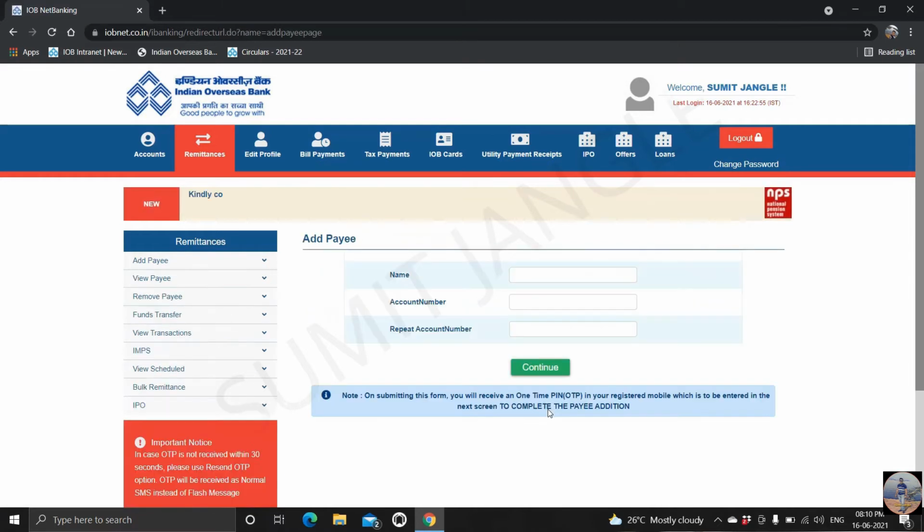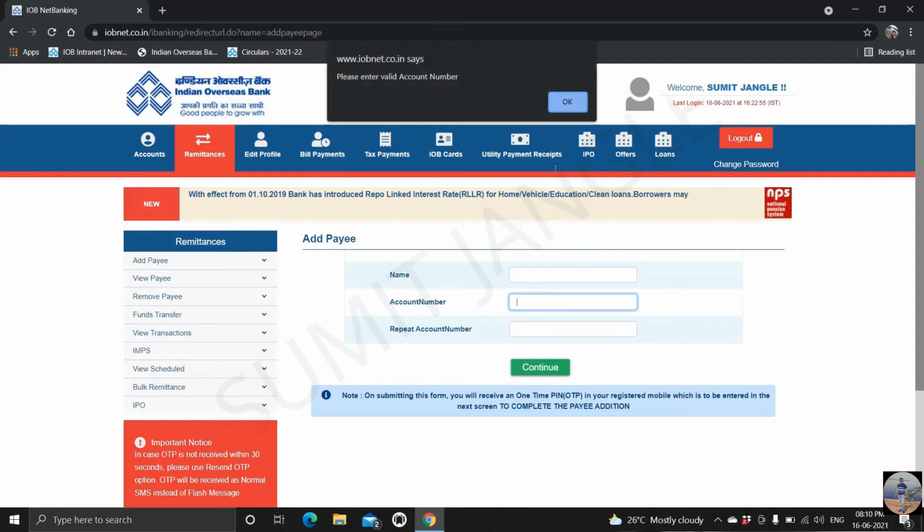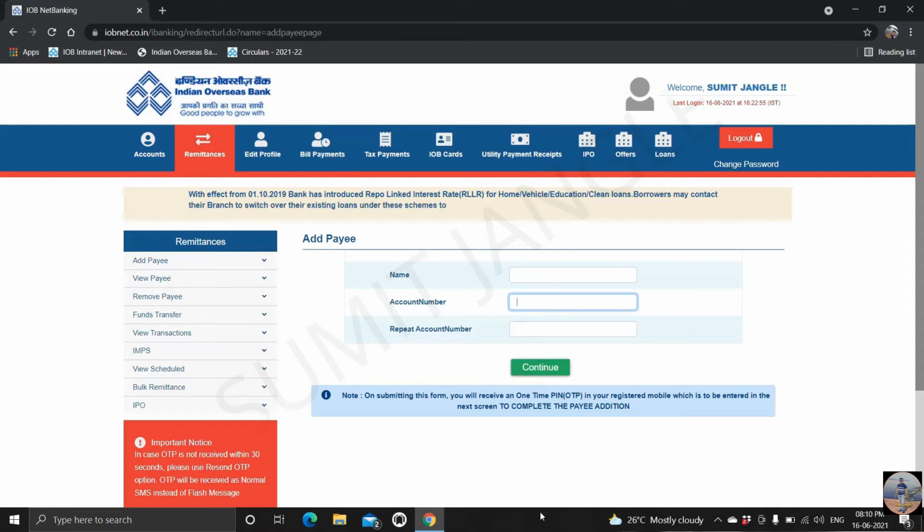Then after submitting, it is asking to give a name. Here you need not give the same name that the person is having in IOB. You can give any name that you can remember, that I had added this account under this name. After giving the name, you have to give the account number, the whole 15-digit account number of the person.